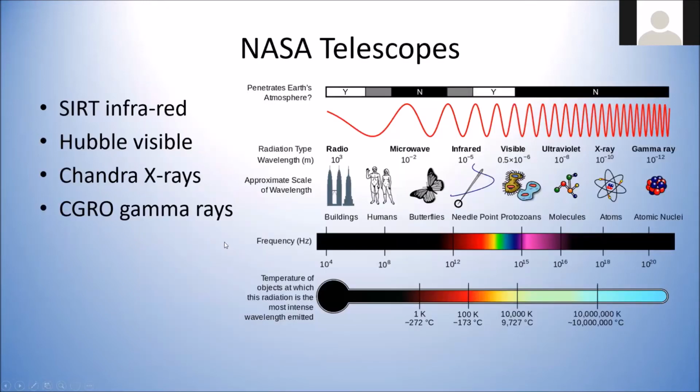So showing this on a little different kind of a graph to show you where they fit into the electromagnetic spectrum, we have the infrared telescope is the first one I've listed. And then on the top bar, you can see how much of the atmosphere lets you see through it. Only in the visible section of these telescopes is there a clear view. Most of it is blocked by the atmosphere. The atmosphere doesn't let those radiations through, and that's why they want to be above the atmosphere to be able to observe the stars.